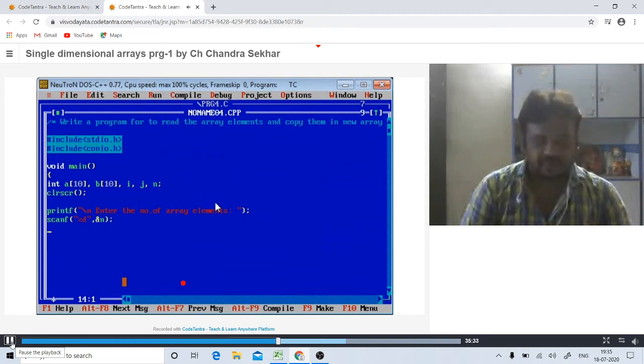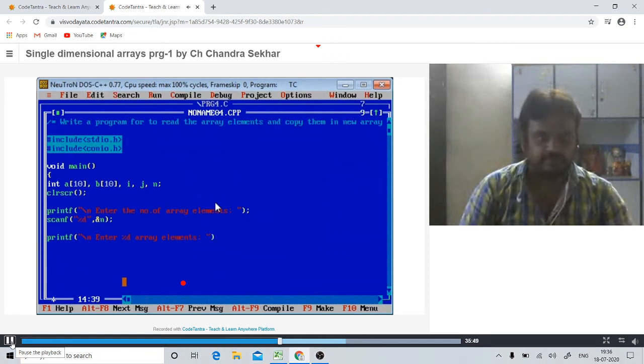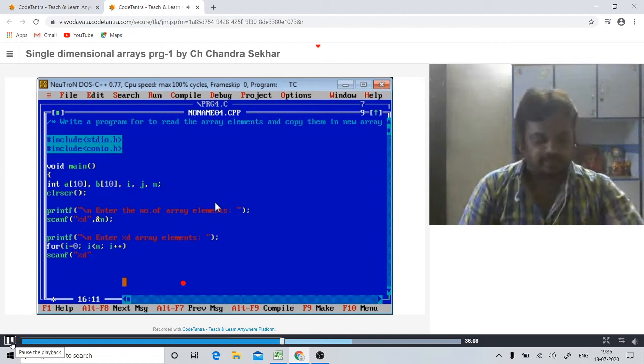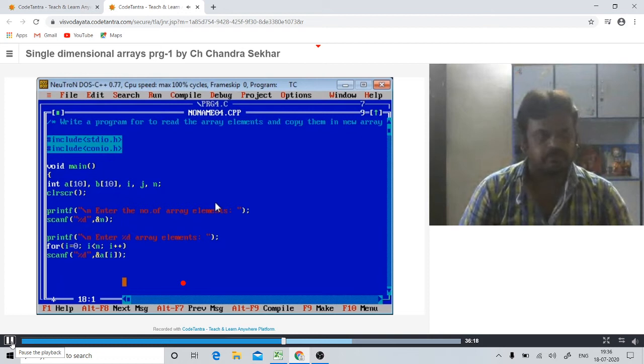After that, to read the array, printf enter percentage d array elements, then for i equal to 0, i less than n, i plus plus, scanf percentage d, address of A of i. Okay, so up to this, the input is completed.